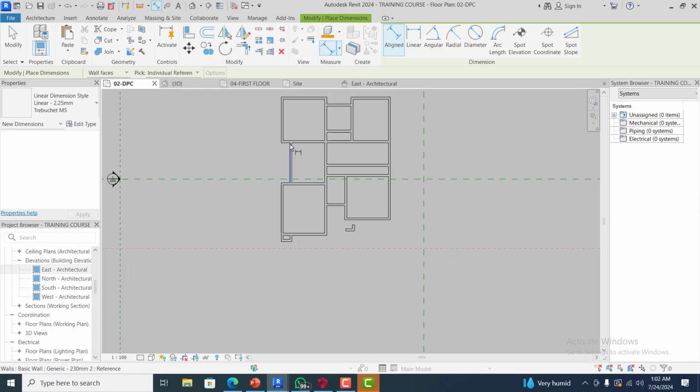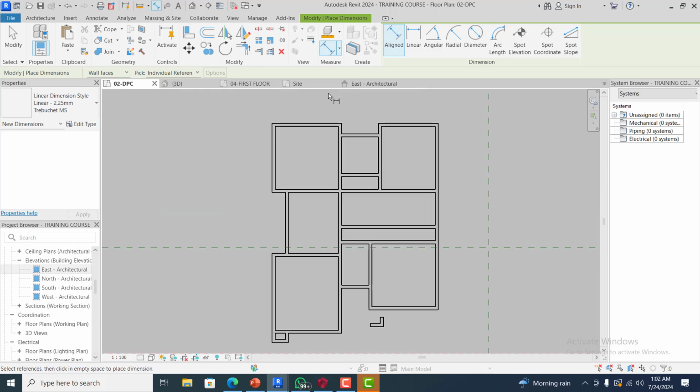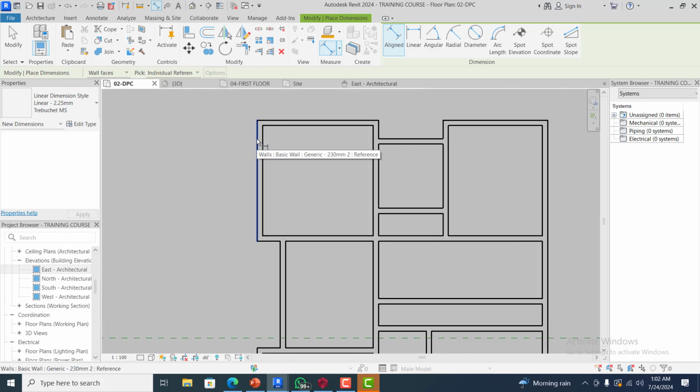All right, so let's write on. So the first dimension here, let me just dimension this anyhow. I will rearrange them as we proceed. So if you bring this here,